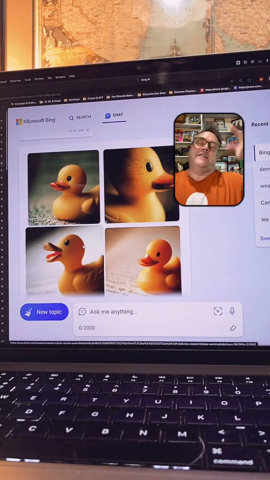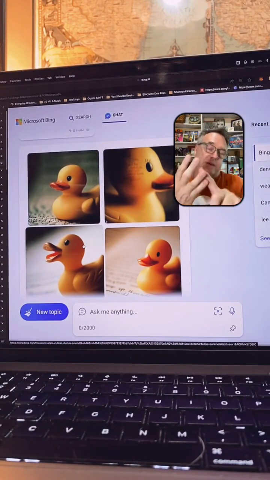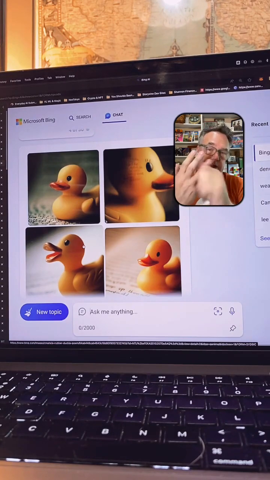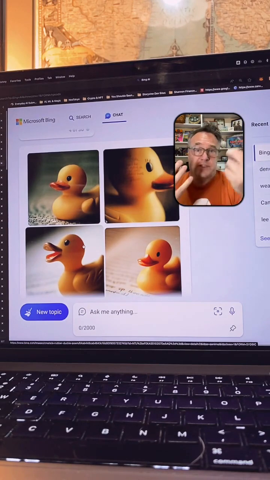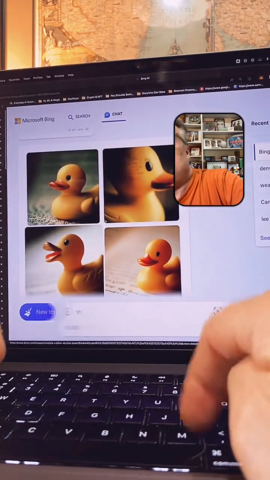So this is not ChatGPT. This is DALL-E. But there's DALL-E, there's Stable Diffusion, there's Midjourney. So Midjourney is the highest quality. Stable Diffusion is the most flexible, but it requires the most geekiness. DALL-E is now incorporated into Bing, so you can just use it just like I did there. You can make